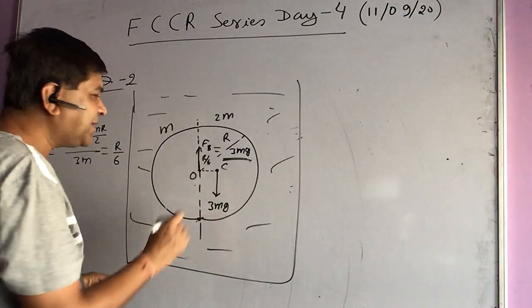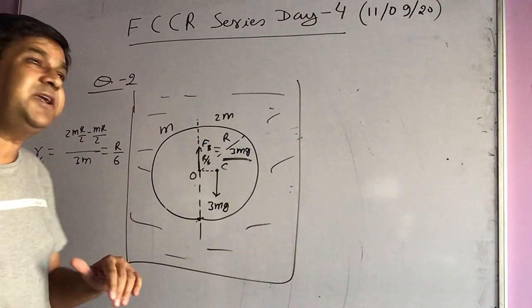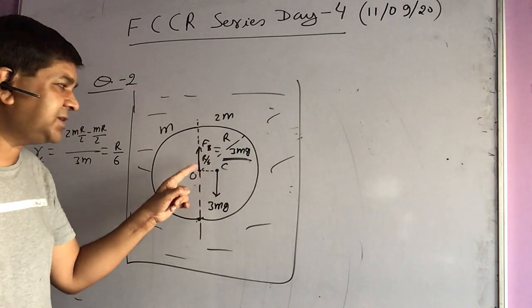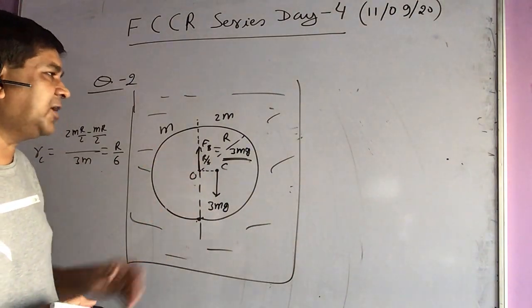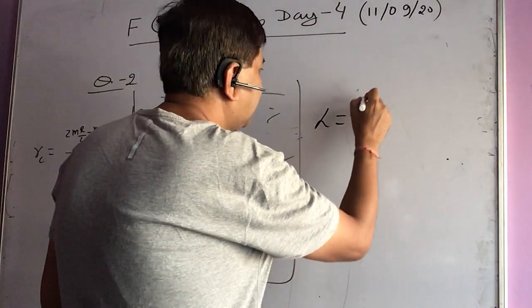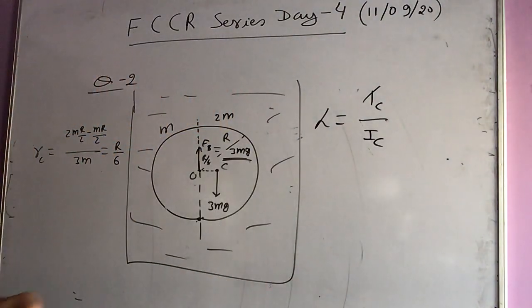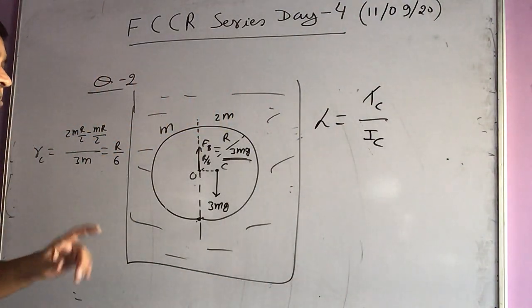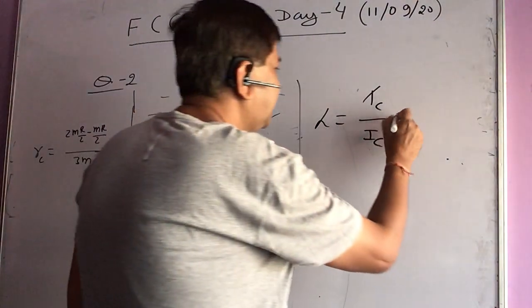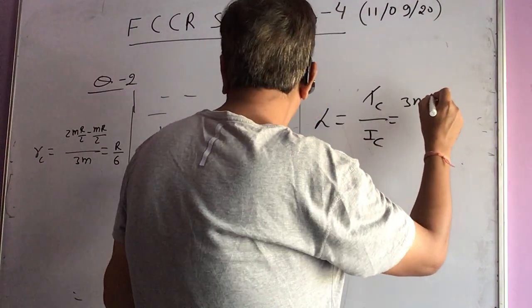And now the more interesting part comes out to be, so if the center mass is going to remain at rest, that's okay. Is there any torque about center mass? Yes, that is of buoyant force. So there is a torque about center mass of the buoyant force. What is that torque? So if I ask you now angular acceleration, my answer is torque about center mass, tau c upon IC. So this part is involving a little bit of calculation. So tau c I am knowing it, FB into this, and FB is 3 mg. So this part is coming out to be 3 mg r by 6.